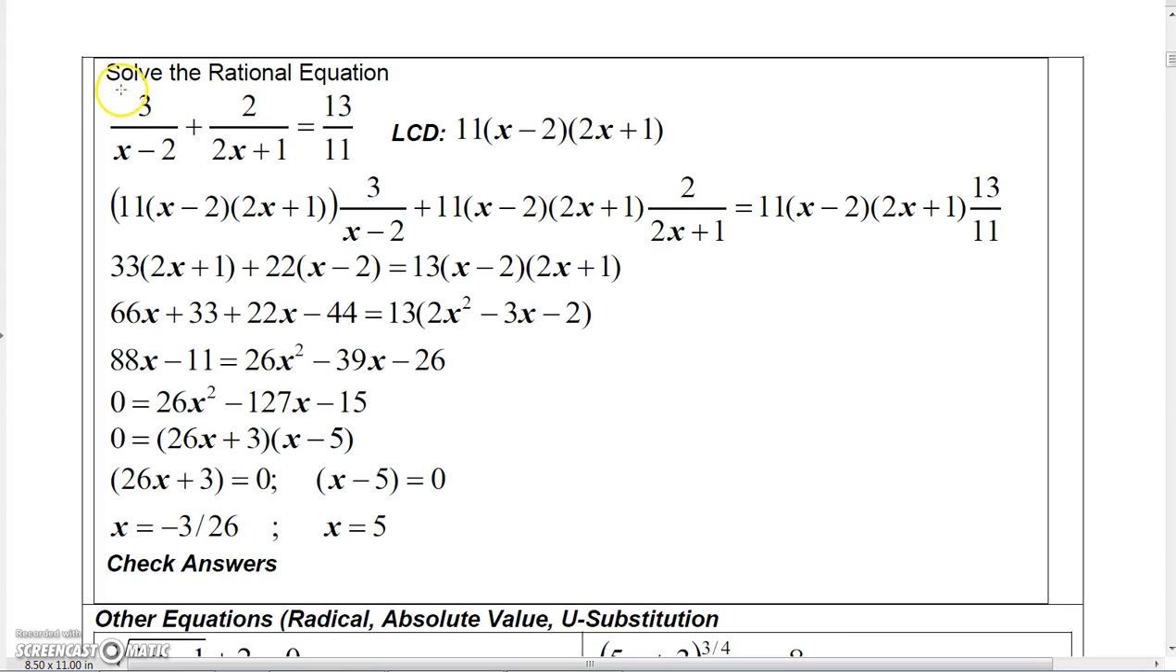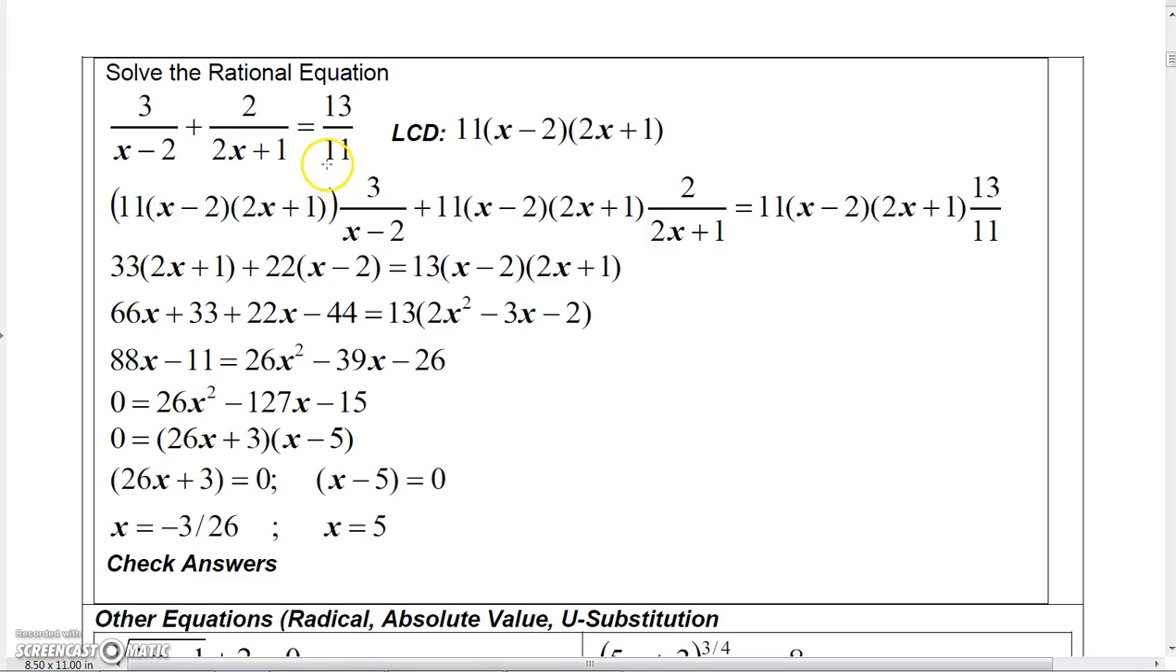Okay, so here I'm going to show you how to solve a rational equation, and that's all I'm going to show you here. Now here I have an equation. You see the equal. So I have 3 over x minus 2 plus 2 over 2x plus 1 equal 13